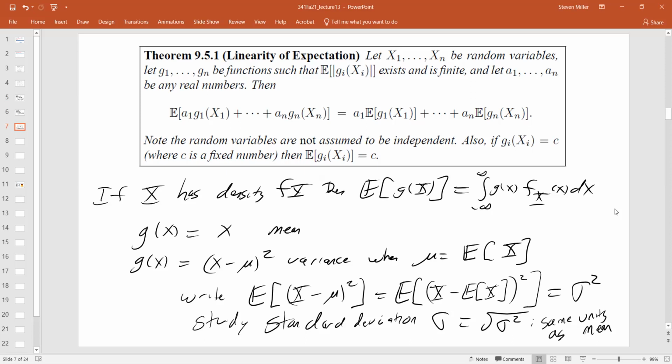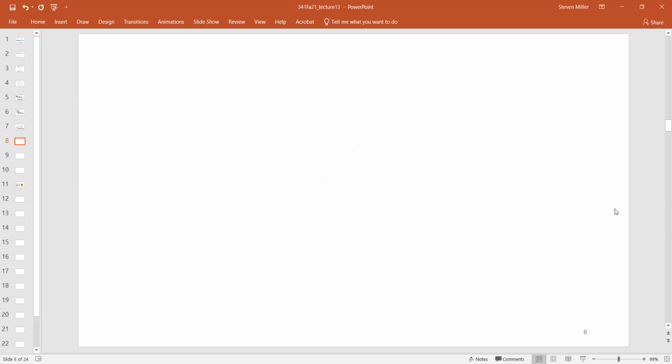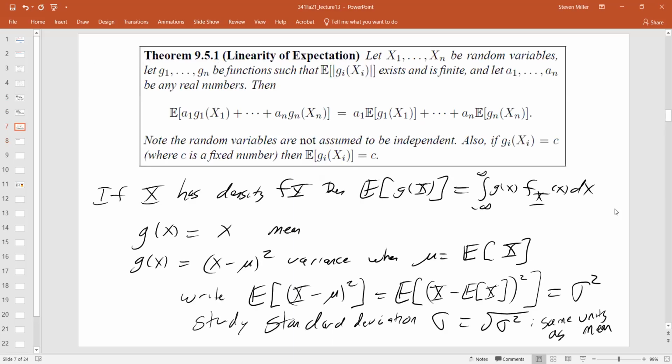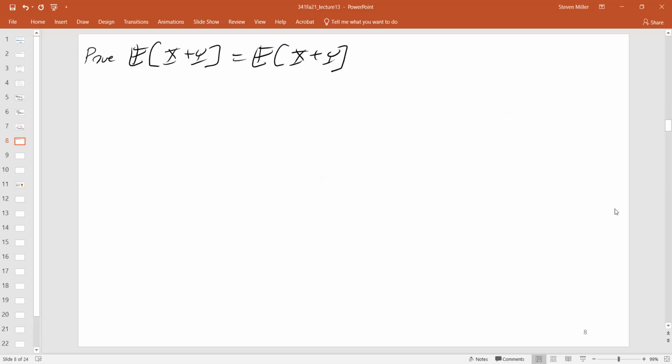All right, so this is linearity of expectation. And so the question is, how do we prove this? So we want to prove the expected value of, say, a sum is the sum of the expected values. And I'll do it in a special case when we have just a sum of 2 random variables. You can then generalize this to the case where we have a more general linear combination. Well, let's let Z equal X plus Y. So the expected value,